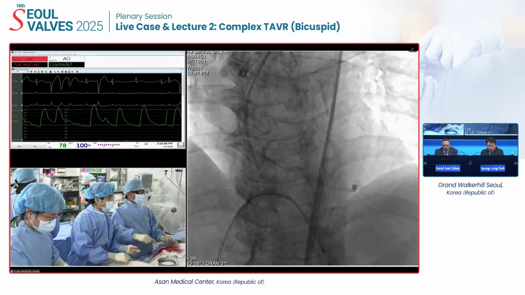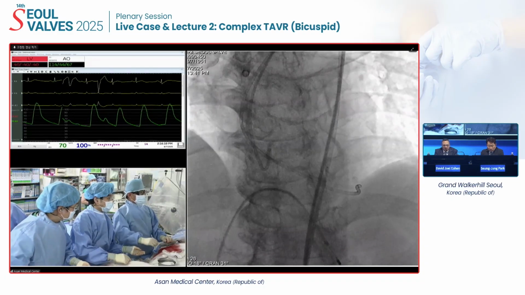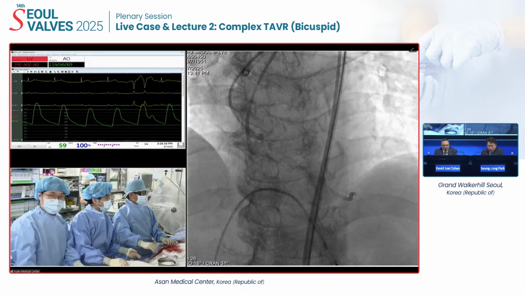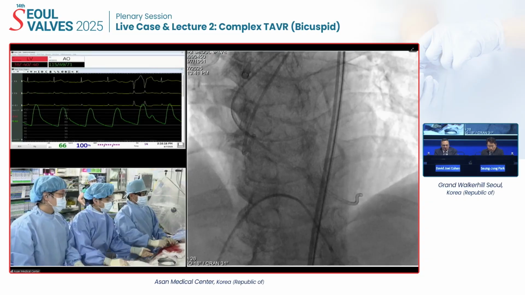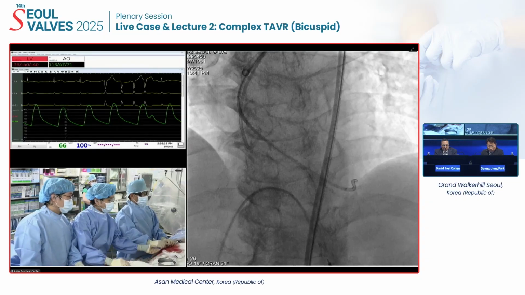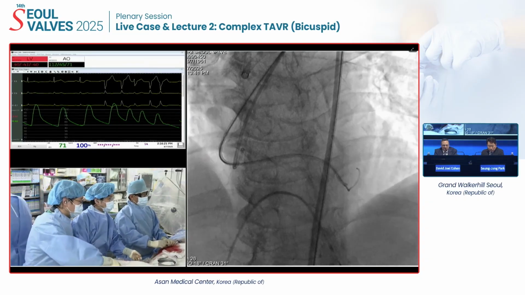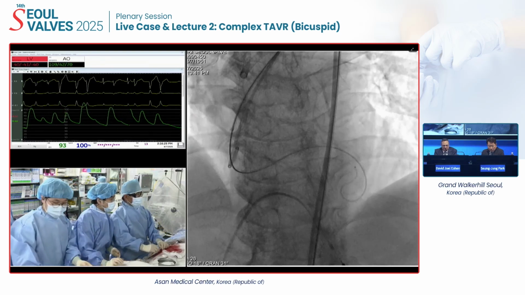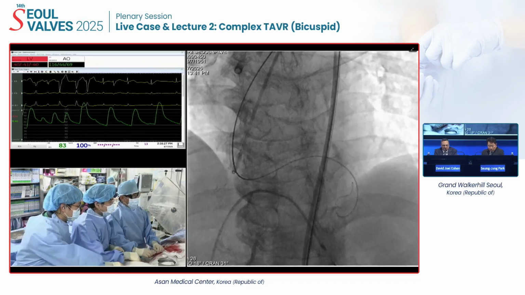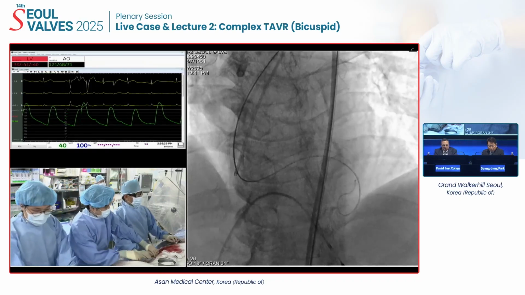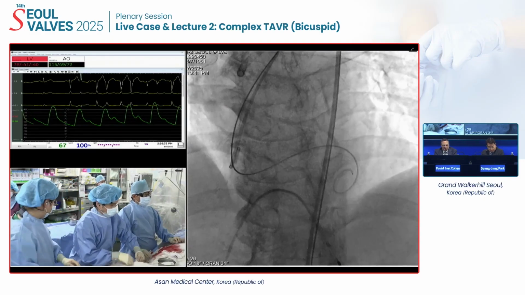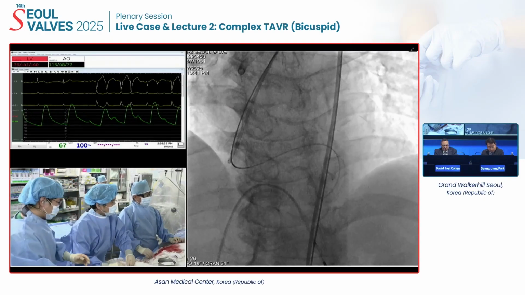Particularly for Sapien 3, it depends on the aortic valve calcification. With very severe calcification, just undersizing, nominal sizing or even undersizing. But with very low aortic valve calcification,